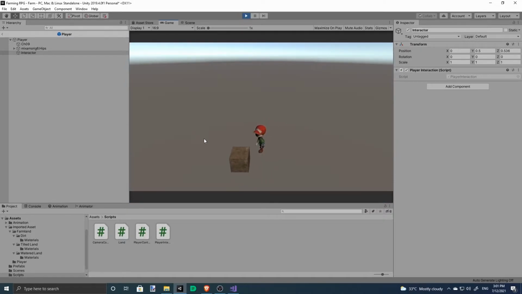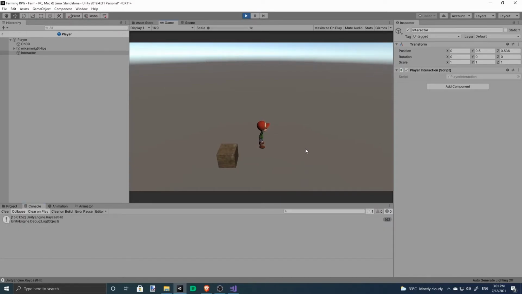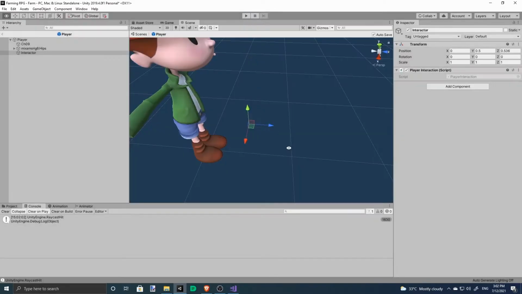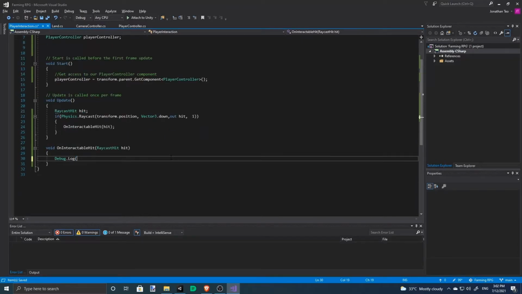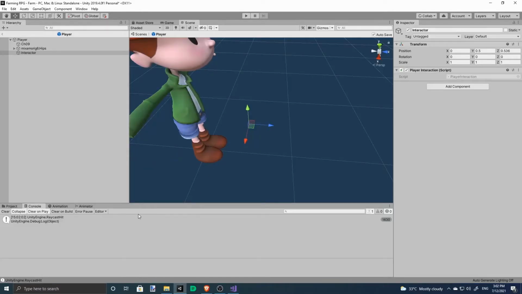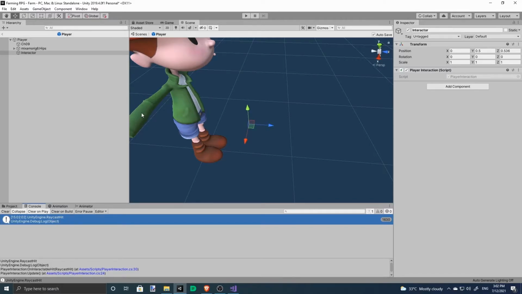So we'll try the game now. When I walk over this, it says raycast hit. Yep, it's working. But we shouldn't just debug this raycast hit.